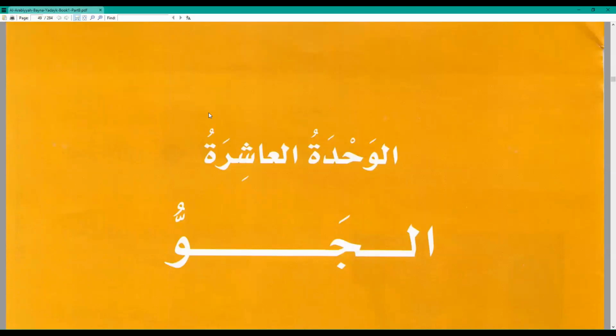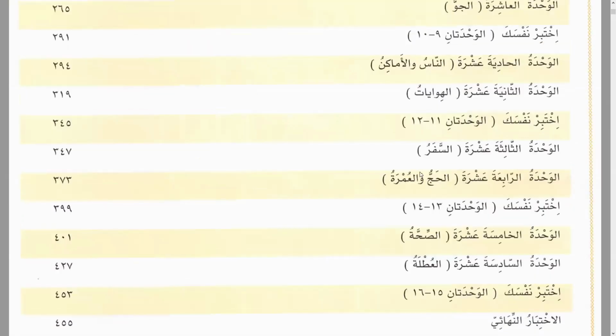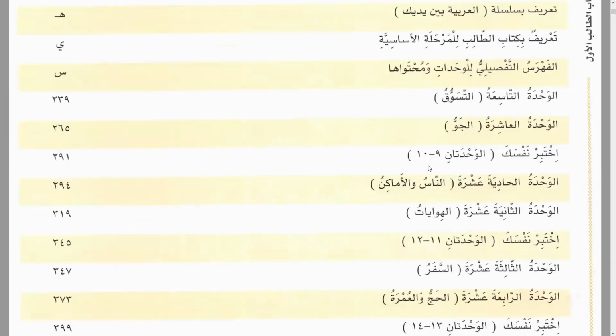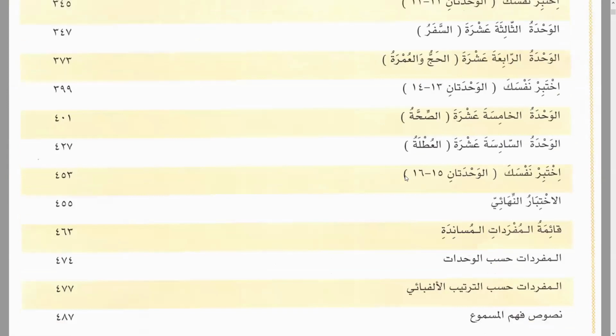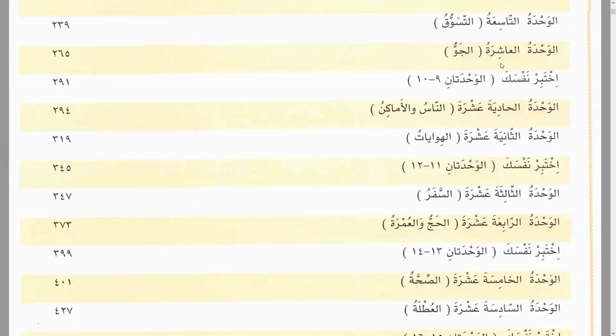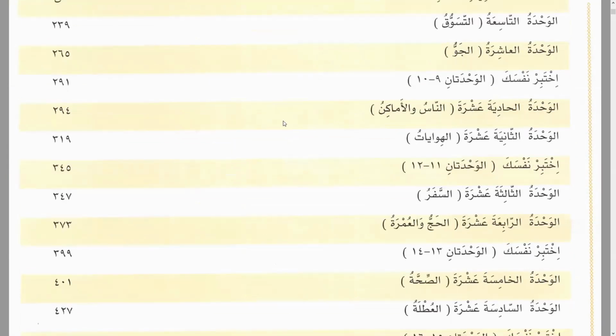Or we could have a look. This is page 49. So I could have a look at the holiday. We have health, Hajj and Umrah. Right? We have hobbies, places and people, traveling, Hajj and Umrah, health, as-siha, and as-sadisa ashra is utla. So we have 7 units more, right? 1, 2, 3, 4, 5, 6, 7. 7 units more for this book to end.